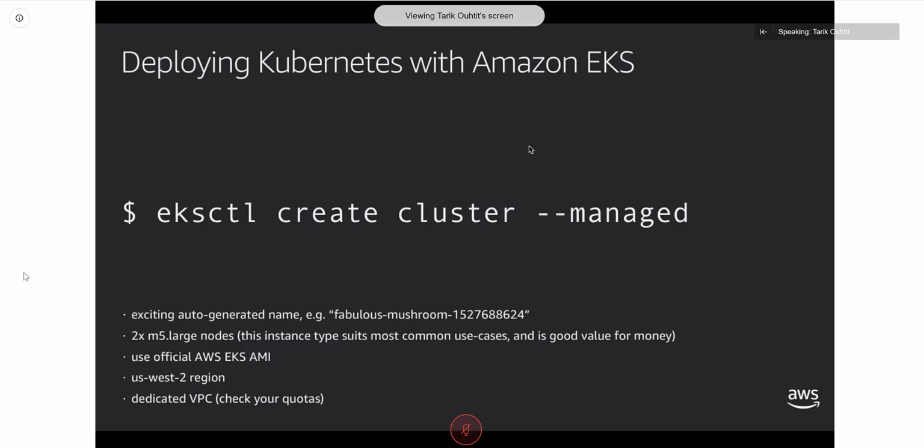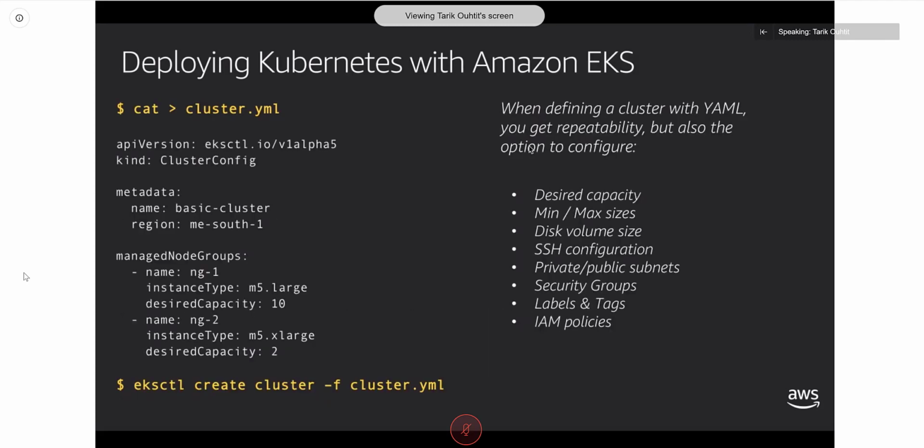Okay, so with that in mind, let's go back to this slide I showed you a minute ago where we talked about how to deploy a cluster. If you haven't seen this eksctl command before, I recommend looking it up. It really is very easy. You can also get more advanced with it. I can create a small YAML file that describes my cluster and some more advanced configuration. And I can save that YAML in version control, and I can create clusters over and over again. This way I get extra configurability and repeatability.